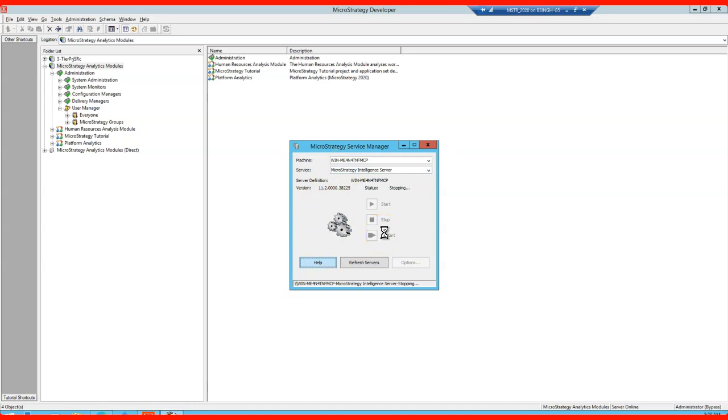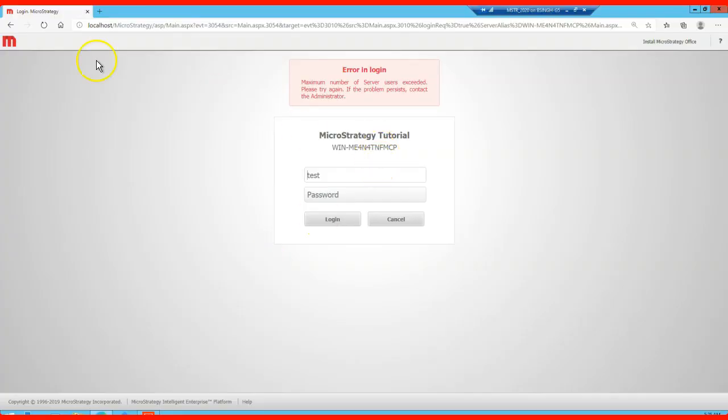So let's wait for it to restart. Currently it's stopping. It will take 1 or 2 minutes to come up again. Okay, so now you can see the status is running. It took 2 minutes to restart. I'm going to close it.